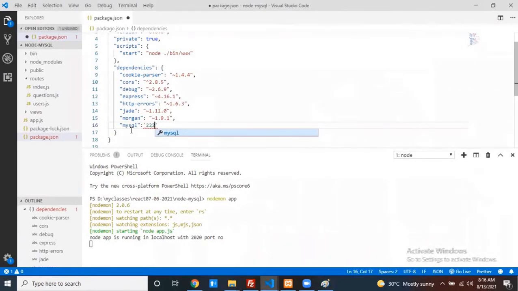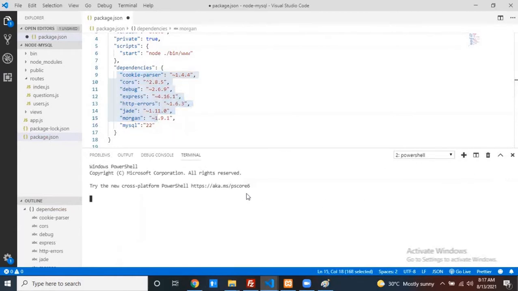Once you have written like this, the next step is, if you know both name and version, simply do npm install. Just run the npm install command. If you know the MySQL library name and the version, both, simply you can add one property inside my dependencies property and run npm install. But I don't know about the version. Then how can we do it? Just remove this one.